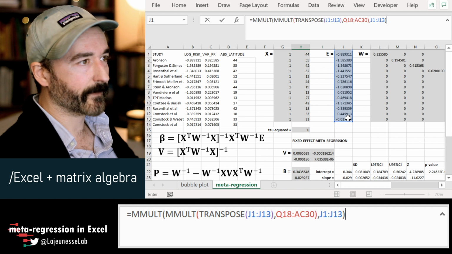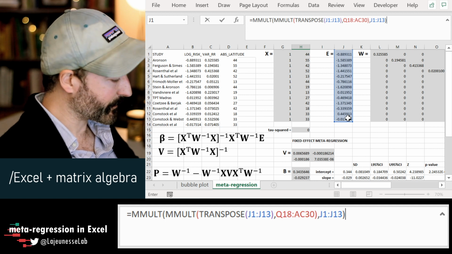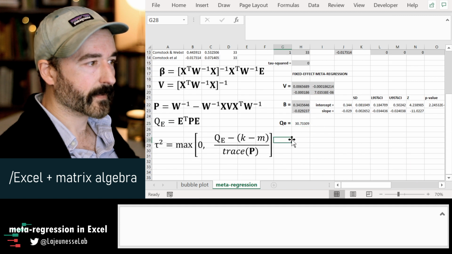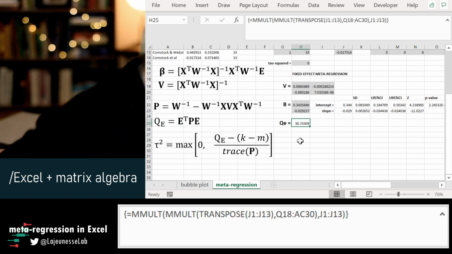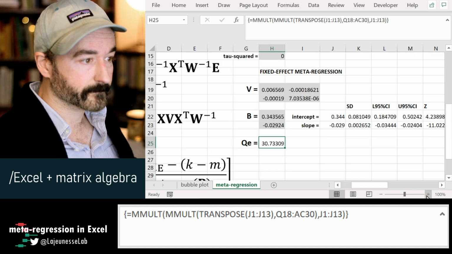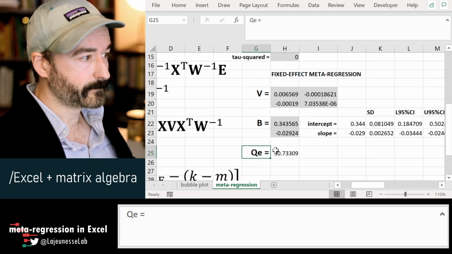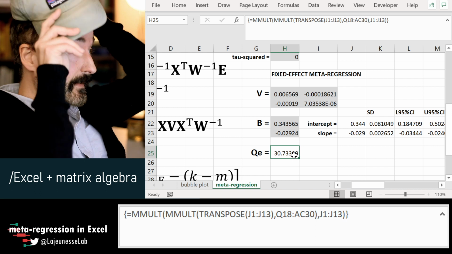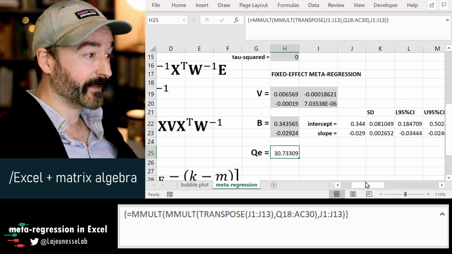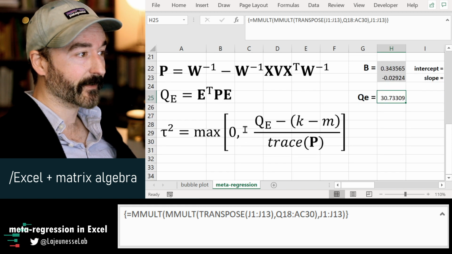All right, so to fill in that cell, I need to do the Control-Shift-Enter. And there we go. We got our QE, which equals 30.7. Okay, so that's our residual squared error of our model, which we'll use to plug into our DerSimonian-Laird estimator